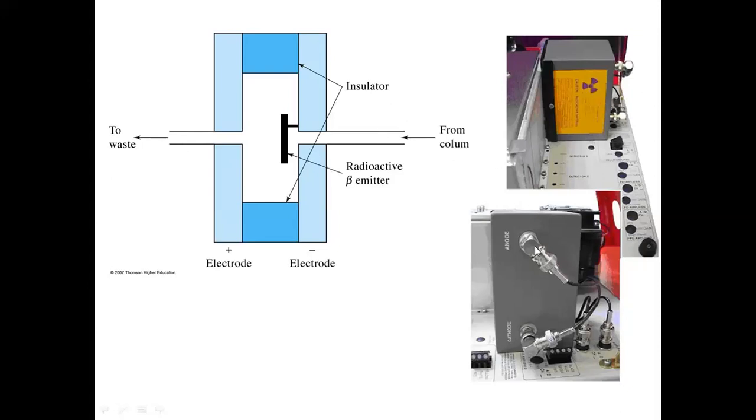This is the representation of a commercial electron capture detector. You can see the provision here for the inlet and the outlet and the connection for the cathode and the anode. And inside, a beta ray emitter will be present that is going to be hit by the mobile phase and the solute molecules, and the relative programming will be done in order to get the signal amplified.